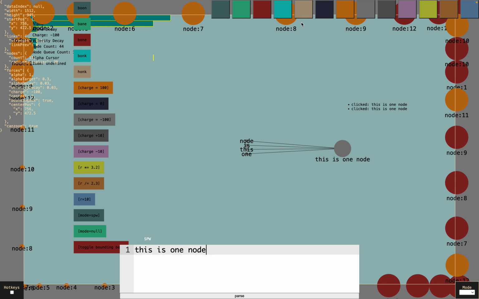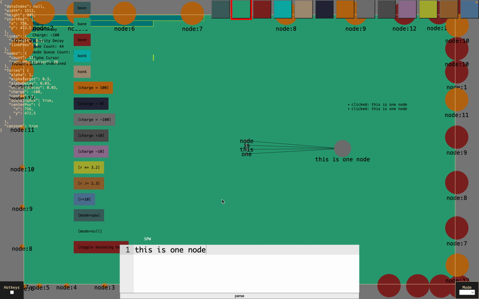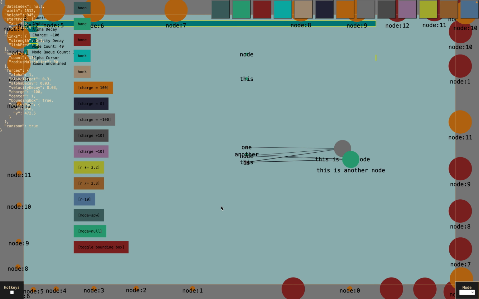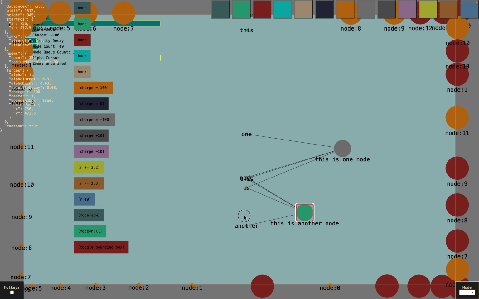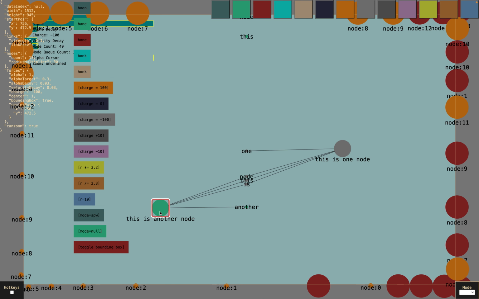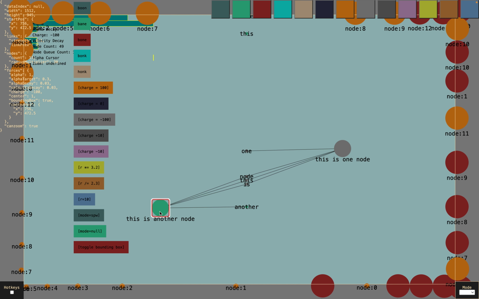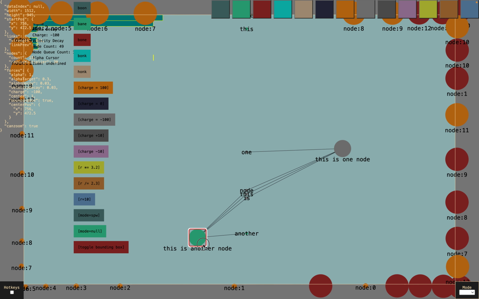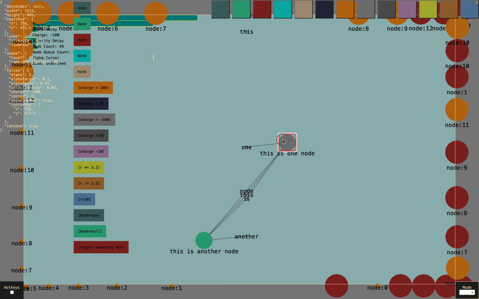And I can change the color. Let's make that teal. This is another node. So in terms of representing perspectives, that's actually pretty useful as is,